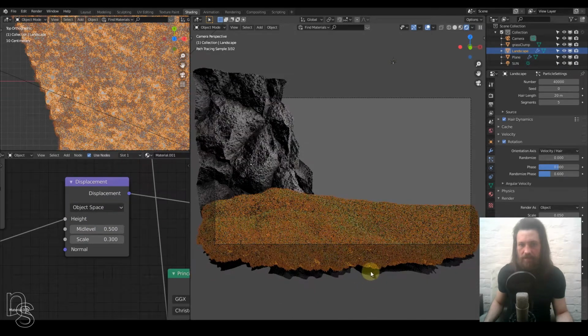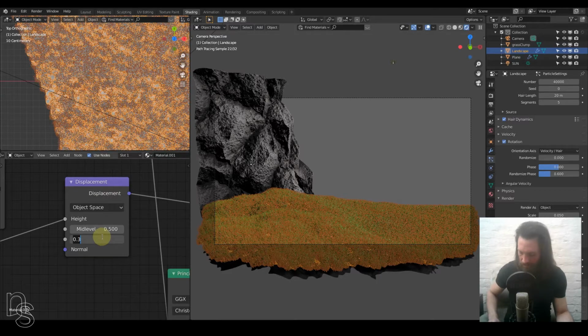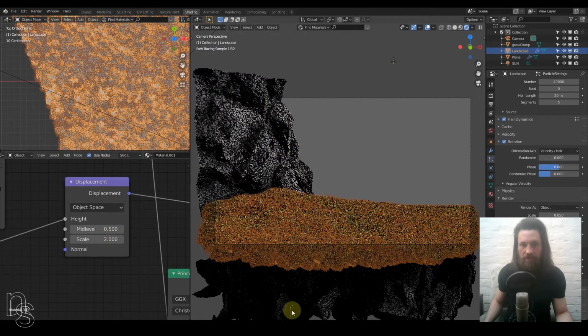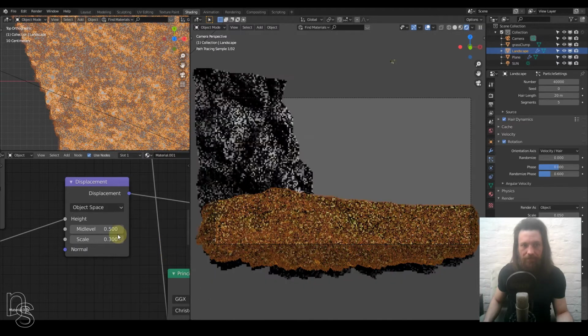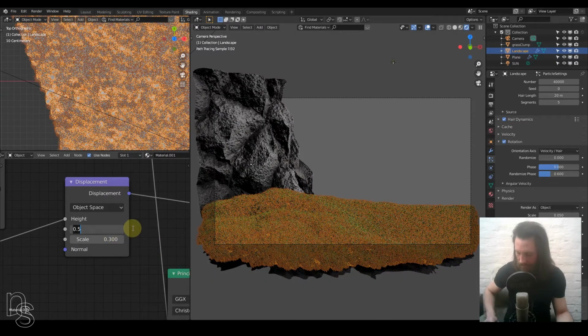The reason being that the displacement, as it happens, is actually pushing this level down further. So if I put this up to 2, you'll see that the displacement is going that way. It's displacing upwards by pushing the mid-level down. So put that to 0.3 again, and then if we put the mid-level to like 0.2,